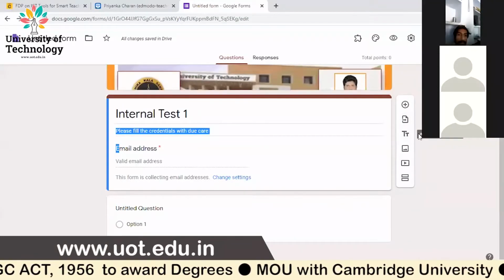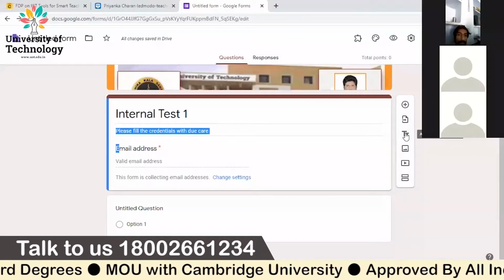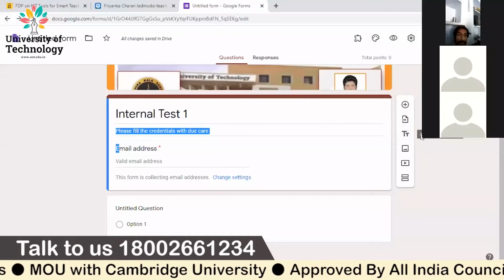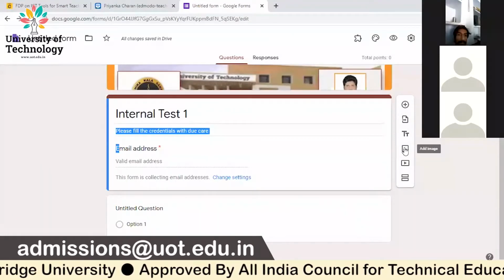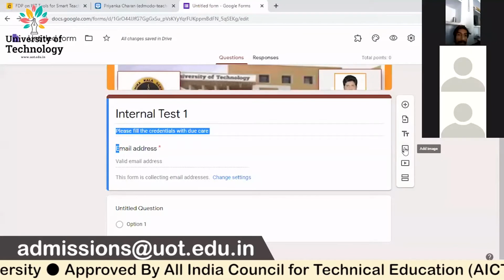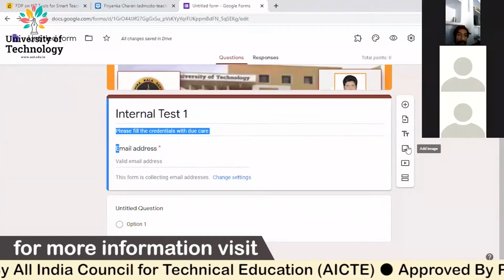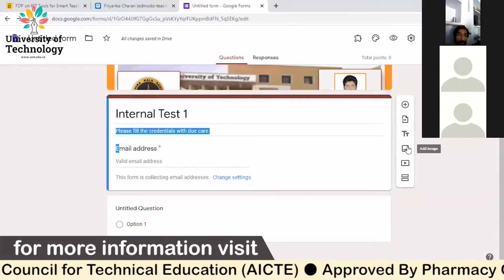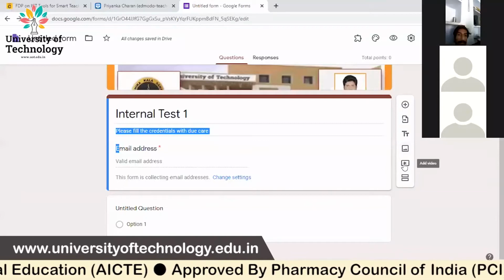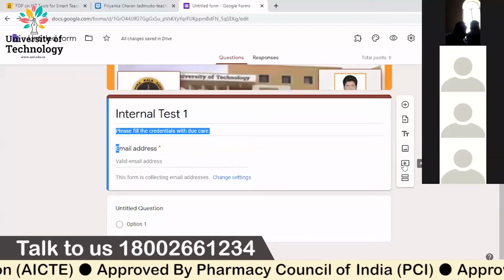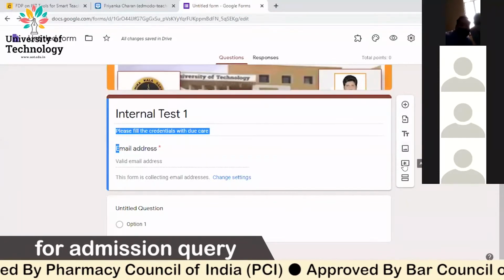And see, you can add descriptions and titles. For example, in between questions, if you want to add a title, you can give titles here. And here is where you can add an image for the question, or for instructions. For example, if you want to give your college picture or instructions, anything, you can go for adding an image. And this is where you can add a video, whether from YouTube or from your own local disk.